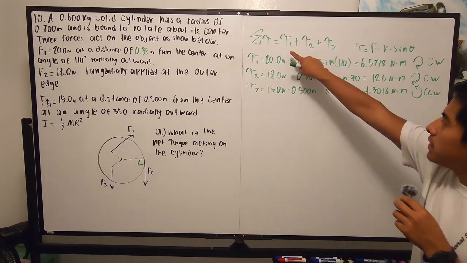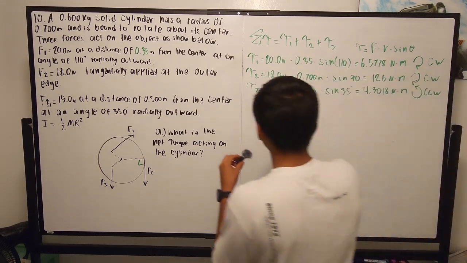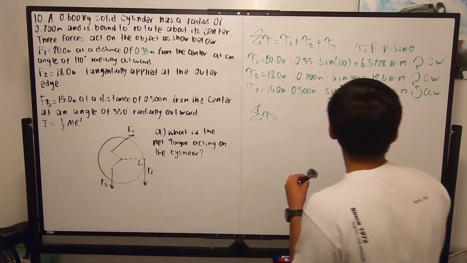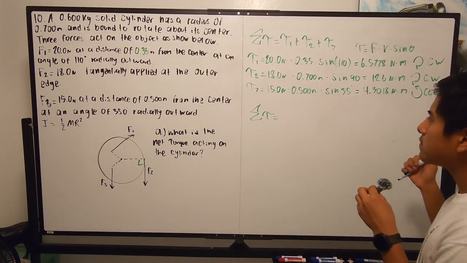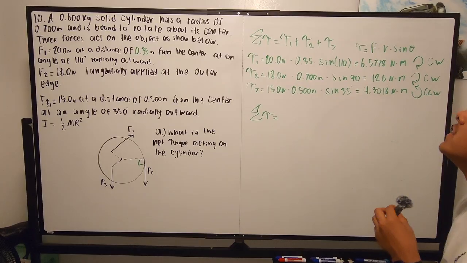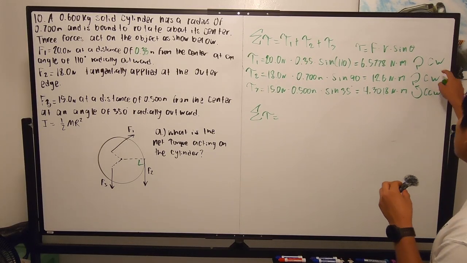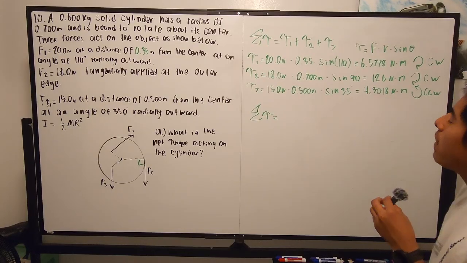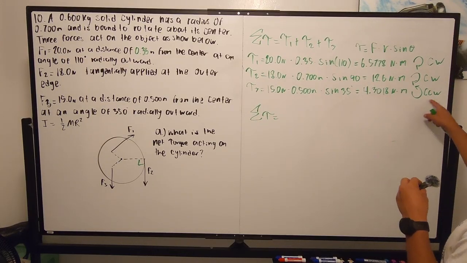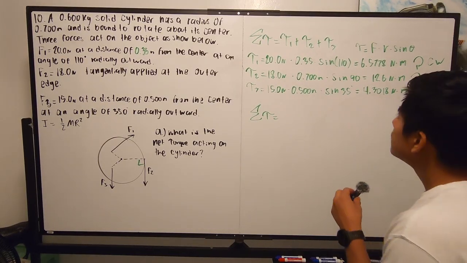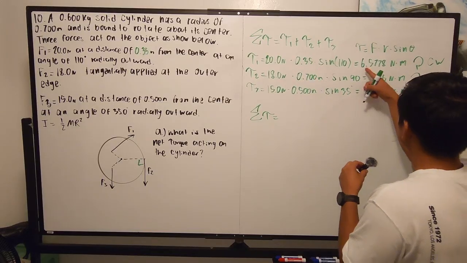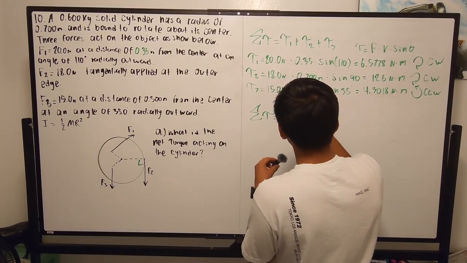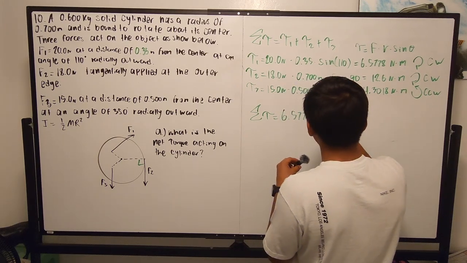Now that I have all of these values, I can plug them in to this thing that I have up here. The sum of all my torques is going to be equal, and I'm also going to take into account the direction. Since I have more clockwise ones, and it's obvious 12 plus 6 is 18, that's more than 4, I'm going to make my clockwise positive and my counterclockwise negative. So torque 1 will be positive, this is 6.5778 Newton meters,